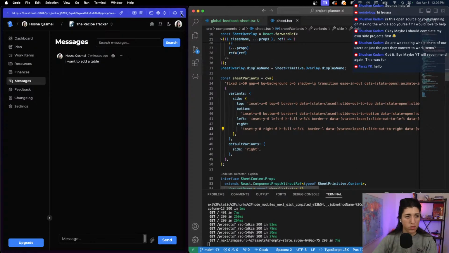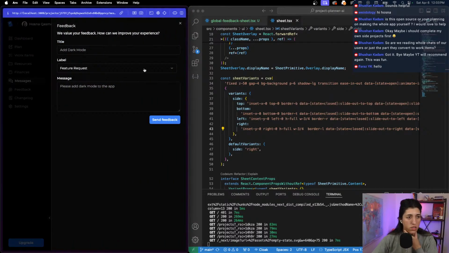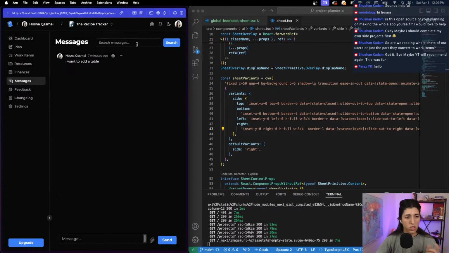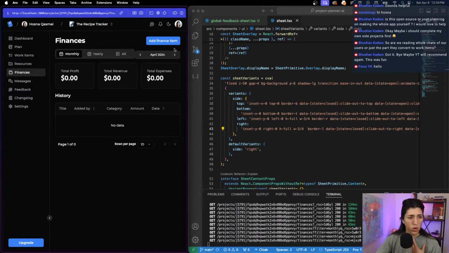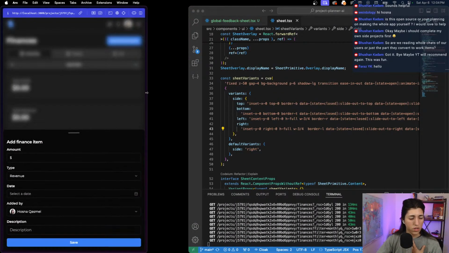What should we do? I'm trying to think. Okay, so if we have this sheet, because I'm always thinking about the mobiles too. Right now, the sheet is only opening up, not fully, which we could fix. But would it make sense to make the sheet fill the whole screen, or do what we're doing, make the sheet for desktop,